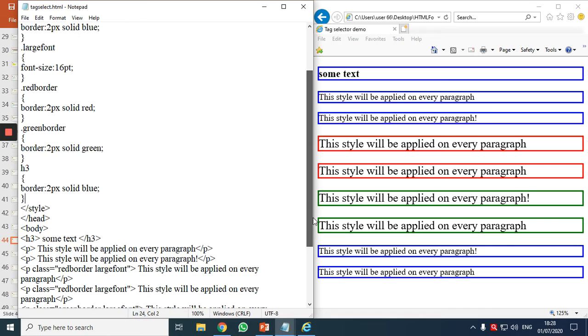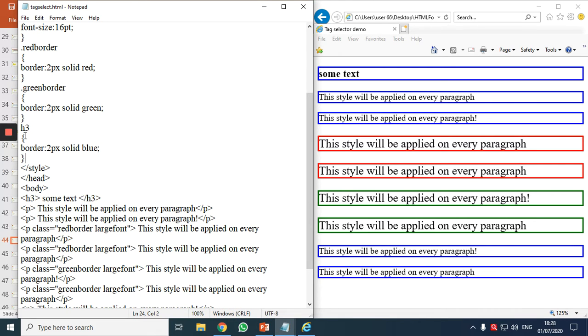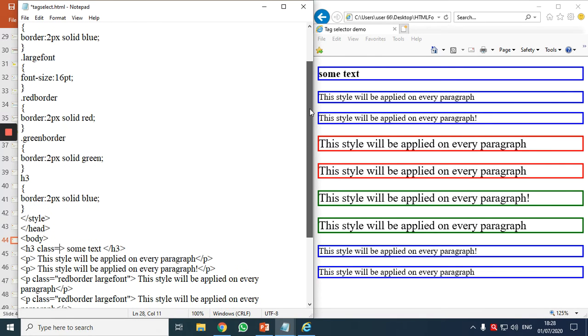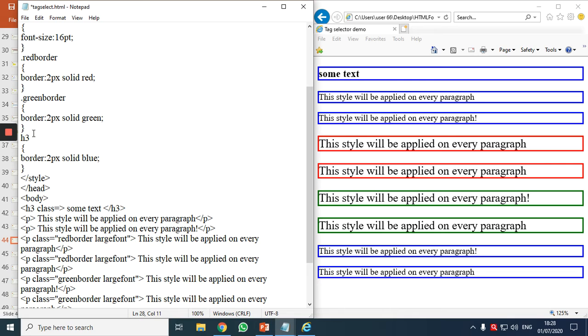But what have I done? I've written it again and again. See, I had to again call the tag and write it. We can avoid this. How? I can go here and say class is equal to whichever class you want, you can include. Say if I want red, then I can include red. If I want green, I can include green. So what will happen? Now it will get a green border, right? Or if you put red, it will get this particular feature. If you want this, you can apply this feature. This is one of the ways of doing it.